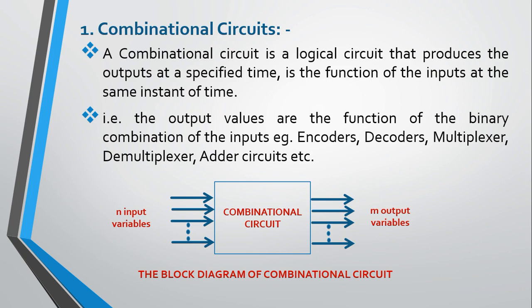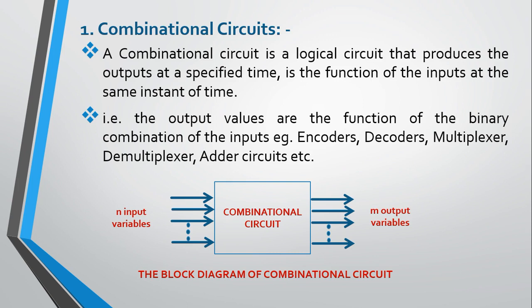These words, encoder, decoder, multiplexer, demultiplexer as well as adder circuit, you need to remember. Because in the second unit we are going to refer to all these topics, and it is a most important concept. In the 5 mark question you can check in the previous papers also that encoders, decoders, multiplexers and demultiplexers are topics which are always there in the exam. So you need to prepare well accordingly, right?